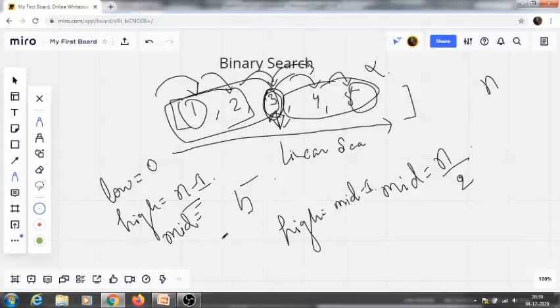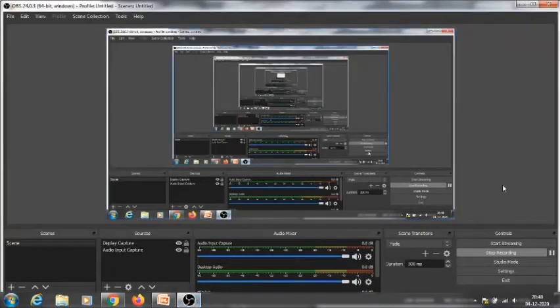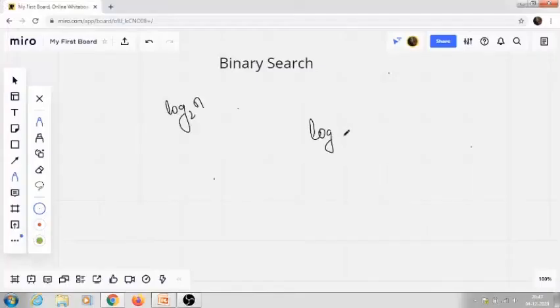Next we are going to see what our topic is for this video: why we have the time complexity as log n, not n. So what is log base 2 n? It is the power of 2, 2 to the power k, that will give us the value n.